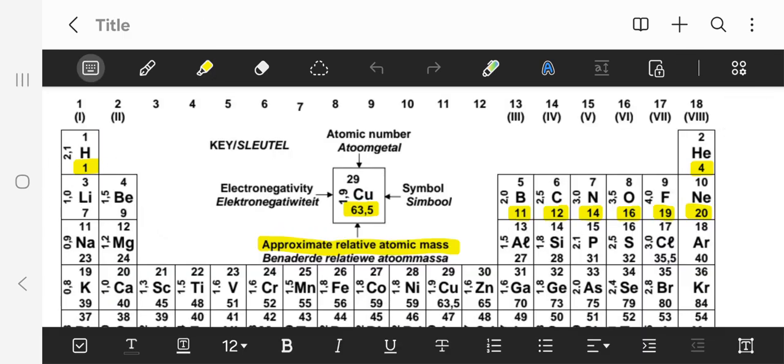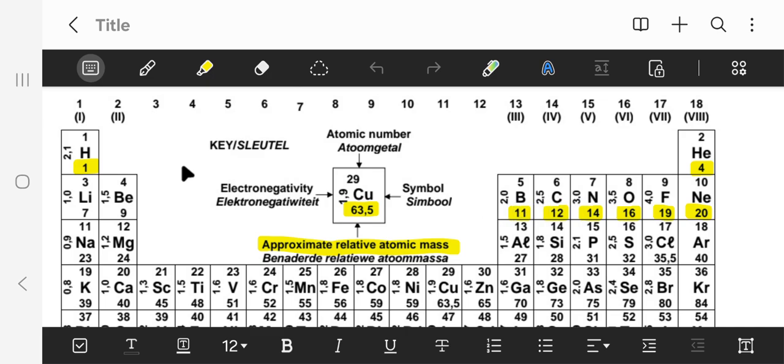This is our periodic table, and everything I've highlighted in yellow is our relative atomic mass. The relative atomic mass is the number at the bottom of the element symbol. In this case, we have Cu, and below Cu we have this number 63.5. That is the relative atomic mass. If a question wants you to find the molecular mass, you will use the relative atomic masses, which are the numbers at the bottom of the symbols